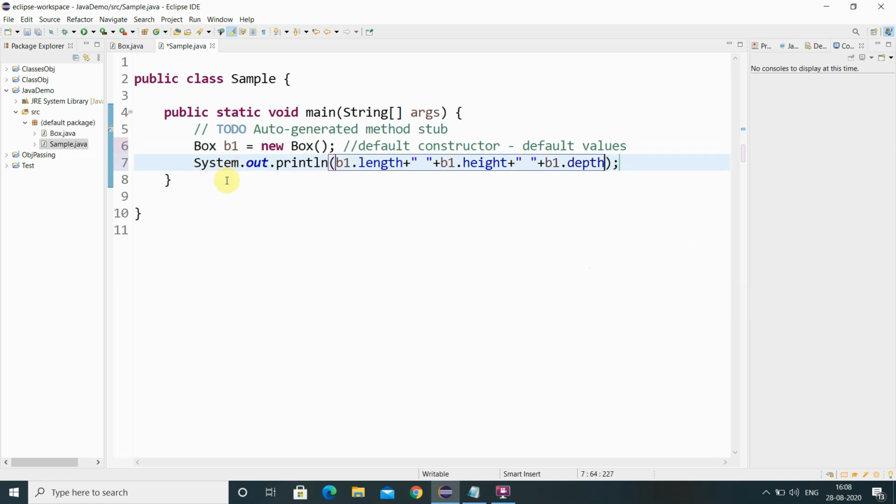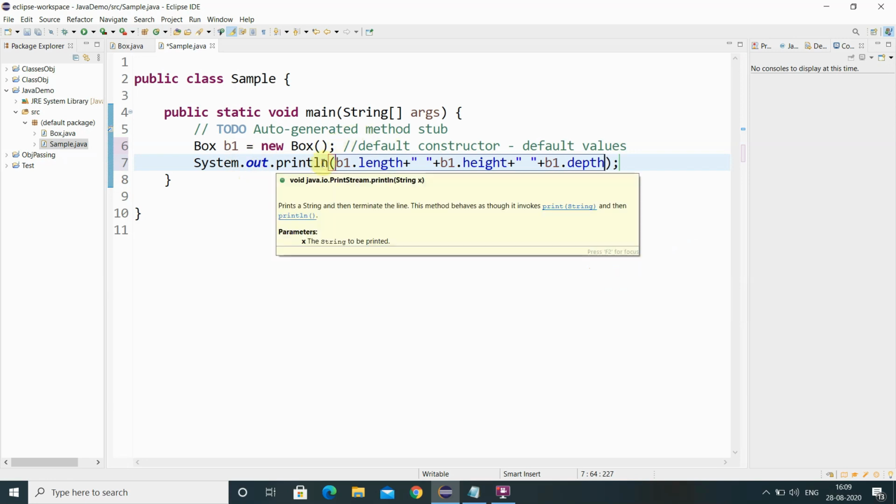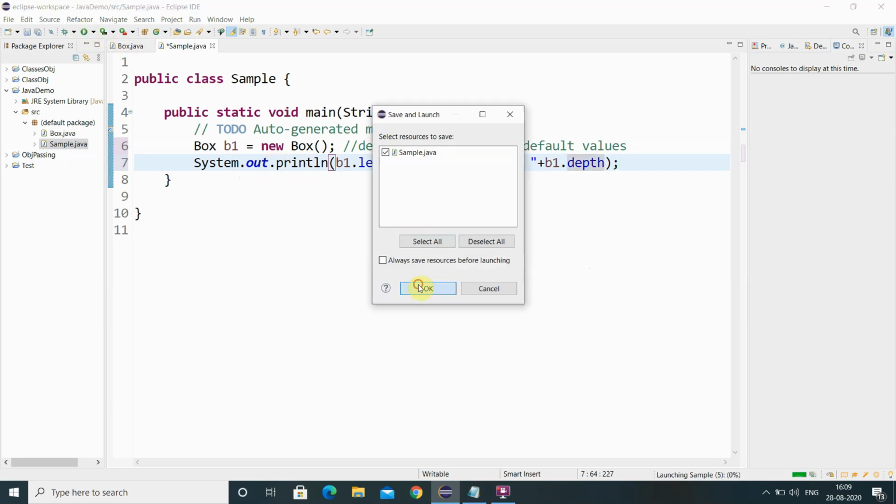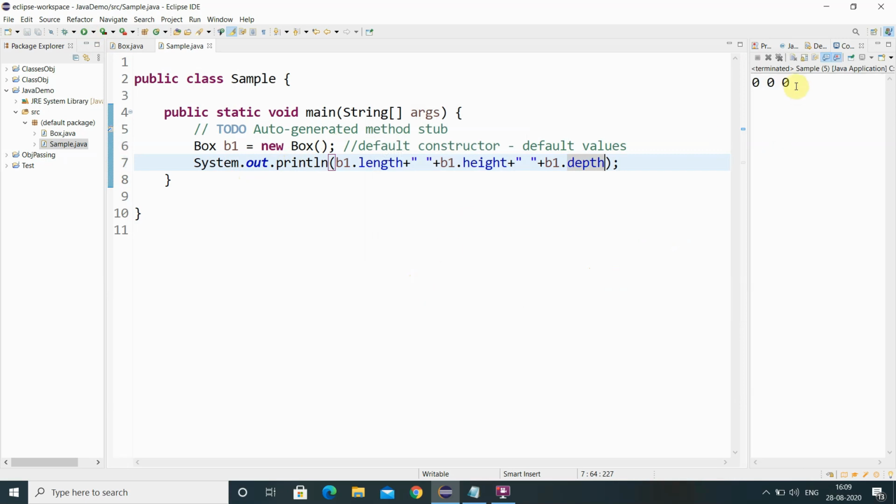Now we will execute and see what the default constructor is initializing for these data members. When we run this, we are getting the output. The default values for the data members are initialized, because for integer the default value is 0.